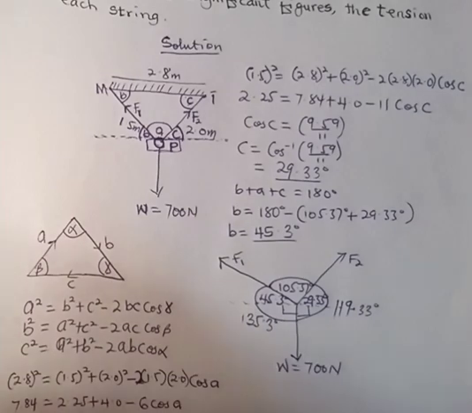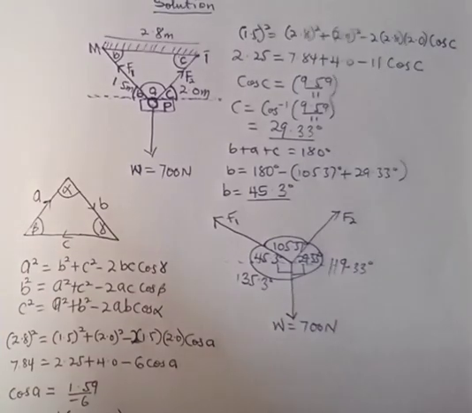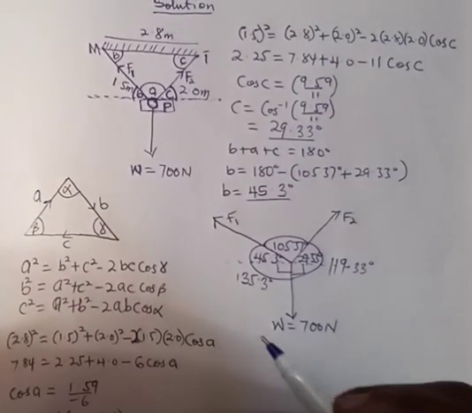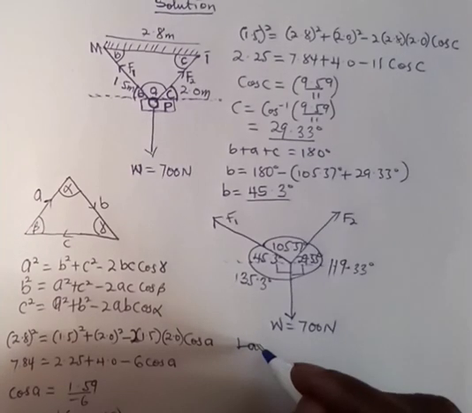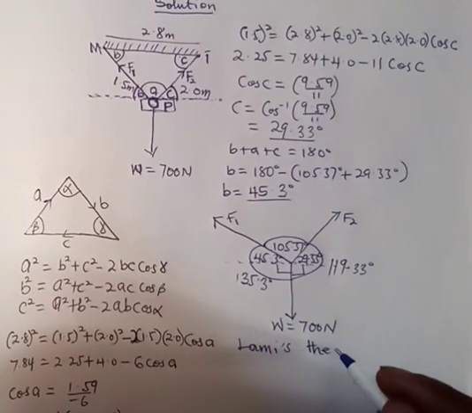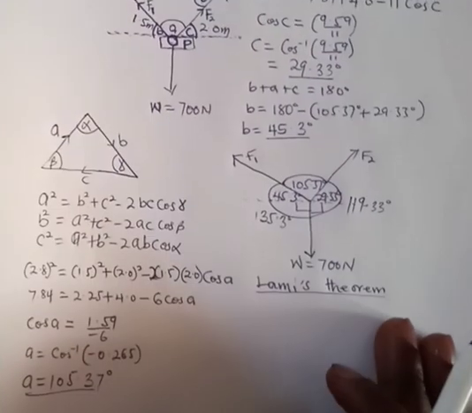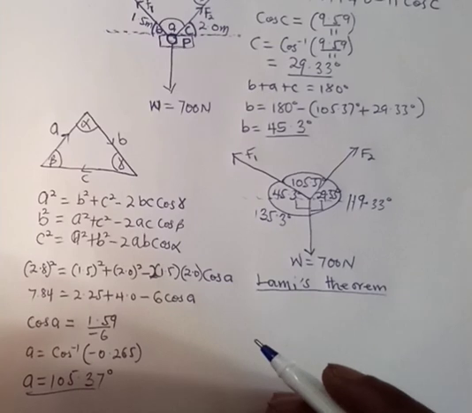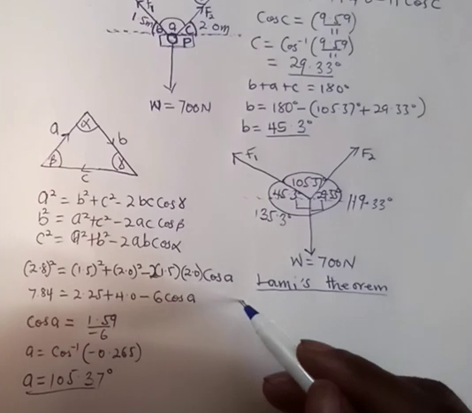135.3 degrees. Good. So once we know these angles, we know this angle. So what we do is we are going to apply Lame's theorem here. Good. I'm going to apply Lame's theorem here. So for Lame's theorem, whenever you have three